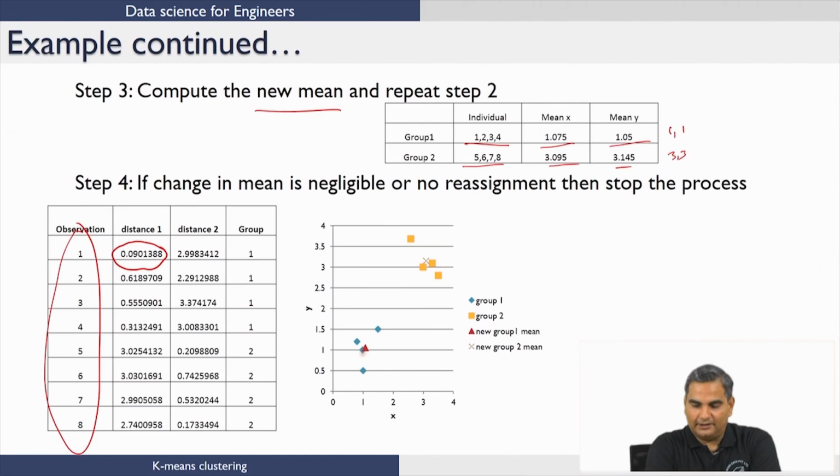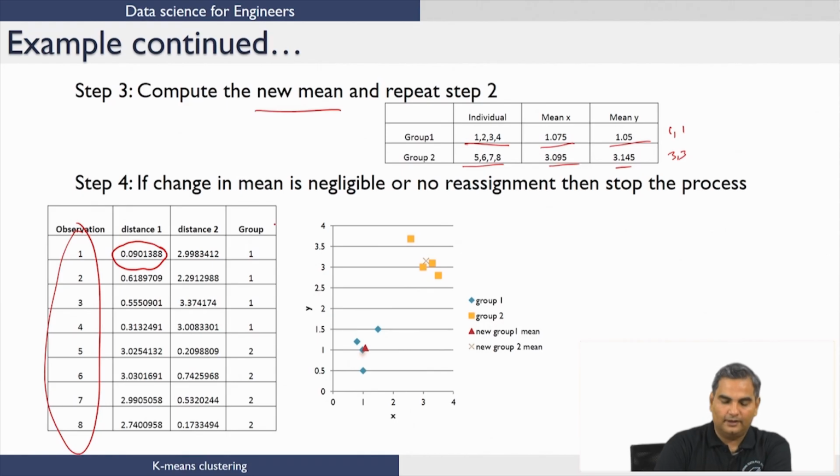Now that the representative point has become 1.075 and 1.05, this distance is no more 0, but it is still a small number. So, for each of these data points with these new means you calculate these distances, and again use the same logic to see whether distance 1 is smaller or distance 2 is smaller,